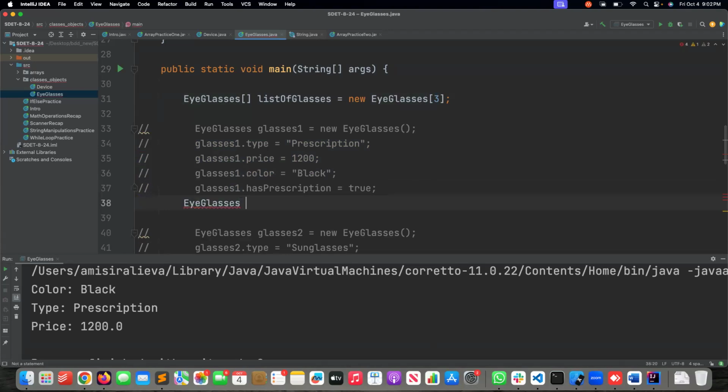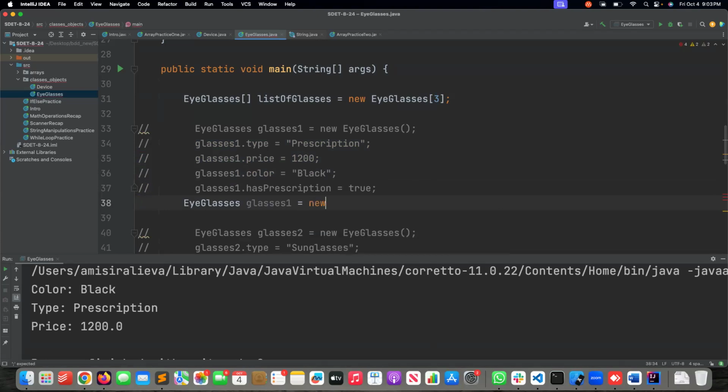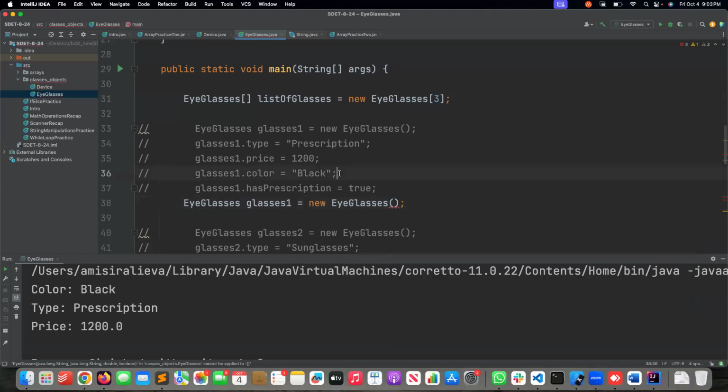Eyeglasses glasses1 equals new Eyeglasses, but watch. You see, when you hover over here, it gives me, hey, these are expected. You need to give me color, type, price, has prescription. Okay, now what was the color? Black. So I'm gonna put that here. See, it's already labeling it. Hey, you're providing information for